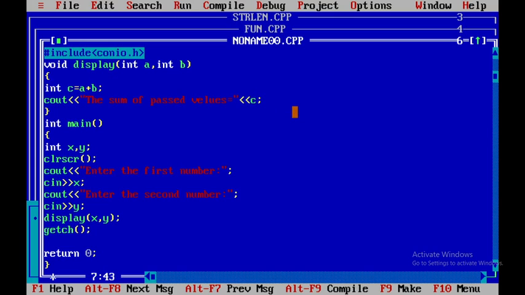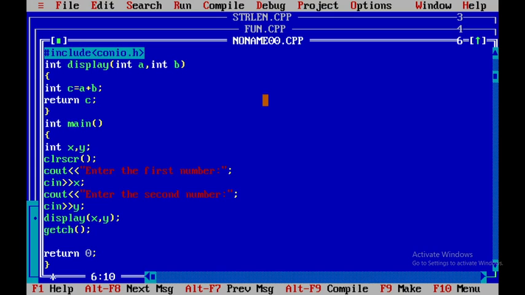So next, the fourth one, is a function with the return value and with the parameter. So it should return as well as have a parameter, so I have to give here int, and it must have the return keyword. See here, I am going to give return c,